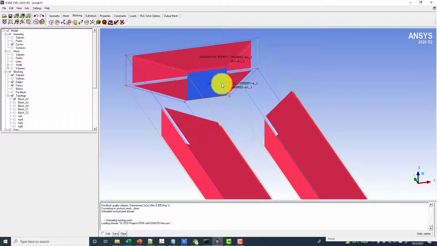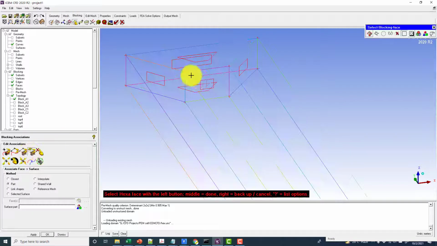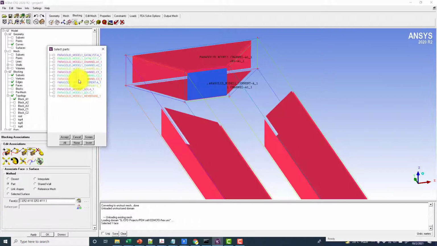It is pointing to some wrong geometry, which is the current A1, but this should be the channel A1. So I'm just going to reassociate this face to the correct geometry. Select the face, and the correct geometry is channel A1 1. So channel A1 1 and accept.